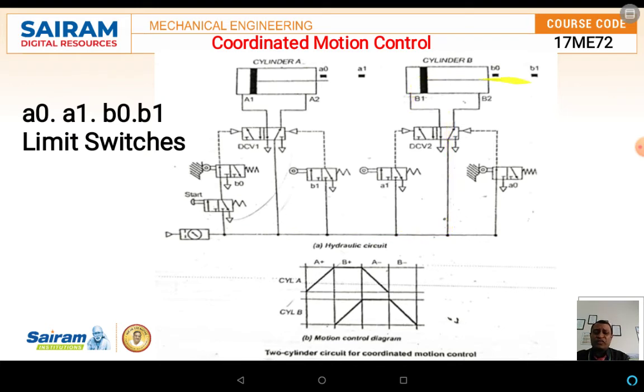Once this is moving and touching the point B1, the action from A1 A2 to A1 takes place. In a simpler way, once the cylinder is under extension stroke, at that particular moment cylinder B will be in idle position. Once it touches the limiting switch A1, automatically B1 starts and cylinder B starts working. In the same way, in a continuous manner, both cylinders keep working.